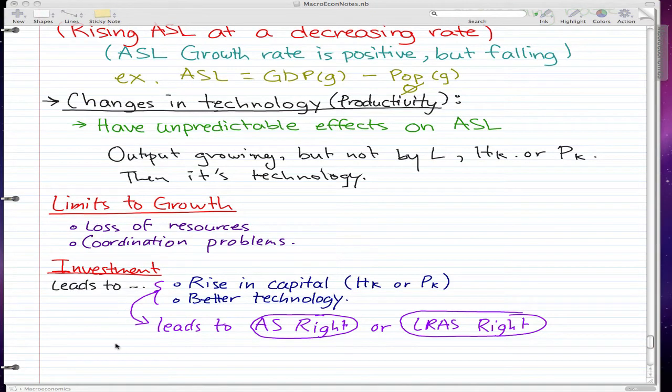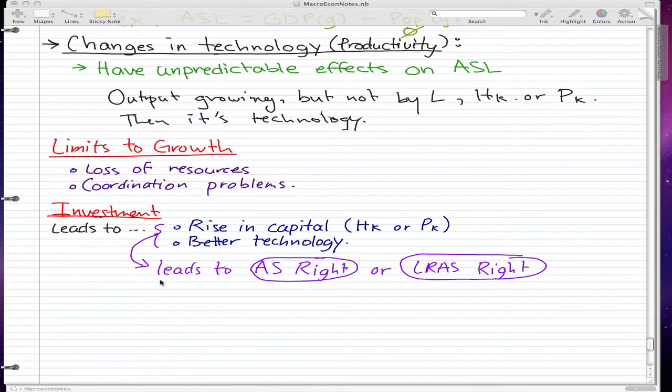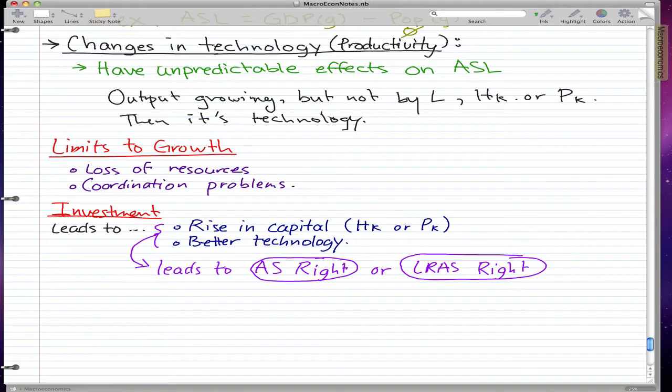And for investment, it pretty much leads to a rise in capital, human capital or physical capital, and it might lead to better technology. So essentially, if it's good investment, it will eventually lead to aggregate supply moving right, or long run aggregate supply moving right. So essentially it will make everything cheaper and better. And one last note I want to make is that